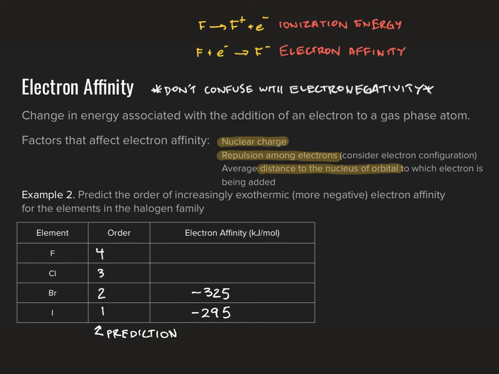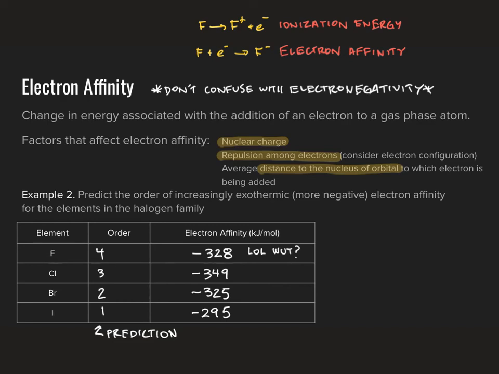Chlorine is negative 349 kilojoules per mole, still on track. And fluorine, my guess for the most exothermic of these electron affinities, is only 328 kilojoules per mole, as it turns out. And that's a big surprise. So probably rather than having you just simply guess what the electron affinities were for these atoms, the AP test is going to be more likely